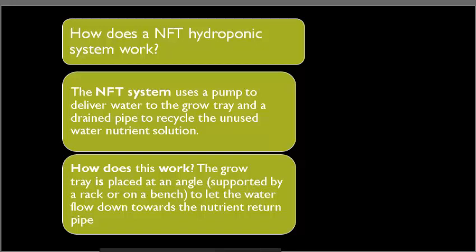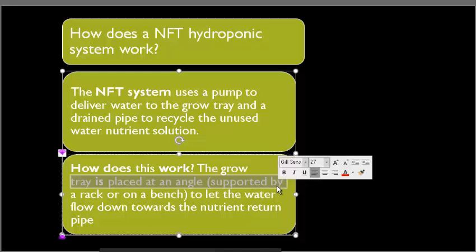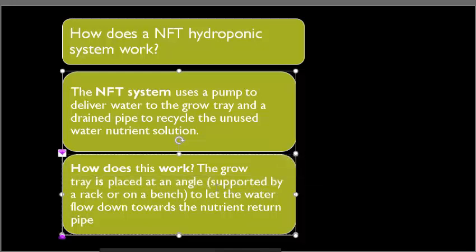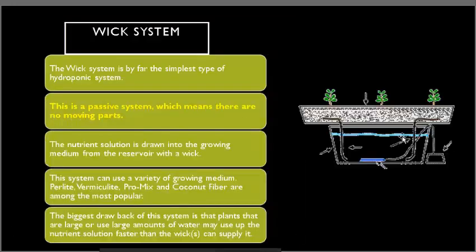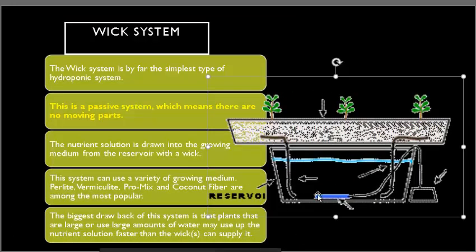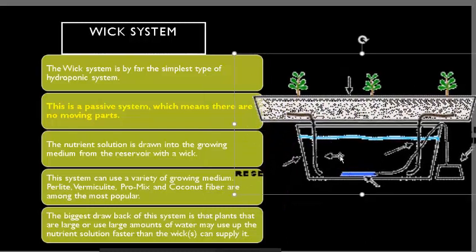But how is the pipe kept? So pipe or tray, whatever you are using, they are placed at an angle. Why are we using some angle? So that water should come out with the flow into the reservoir, into the tank. In the tank this must return back. So the same tank is used for supplying the nutrient, and in the same tank the nutrients are coming back like this. You can see, right? In one way the nutrient is supplied from the tank, and the other way the nutrients